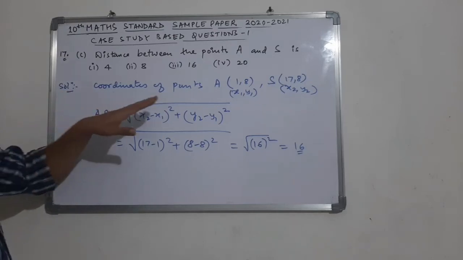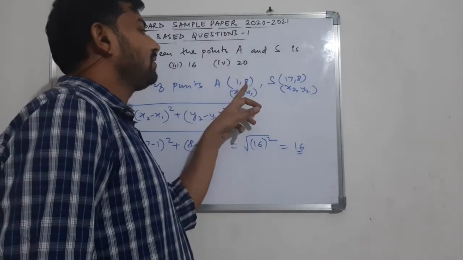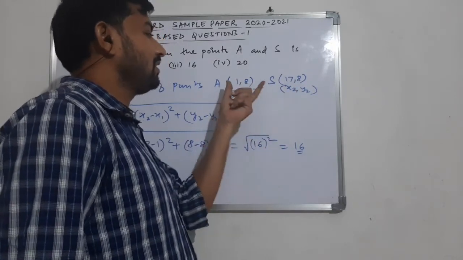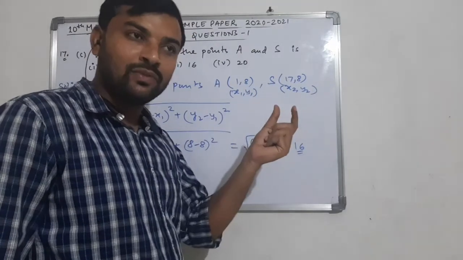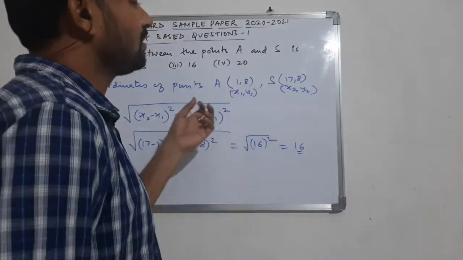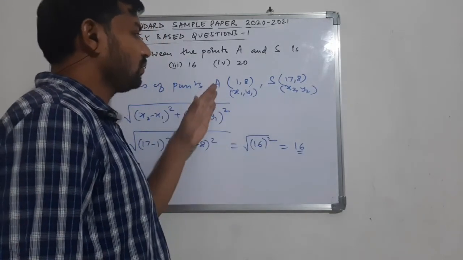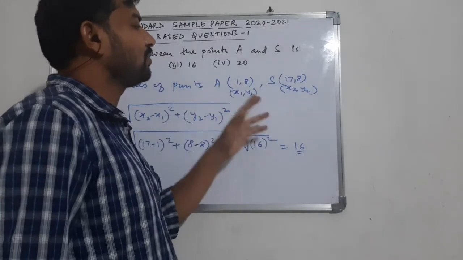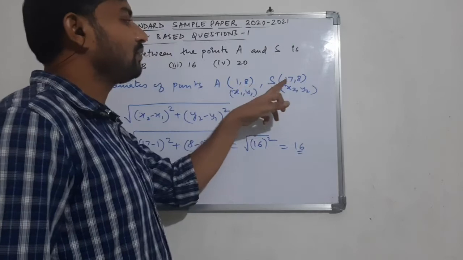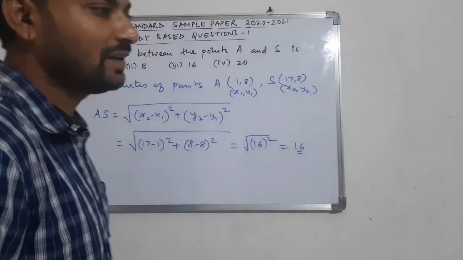Here when we look at the points, there is no need to apply distance formula, as these points are having the same distance from x-axis. Their y coordinate is 8, so their distance from the x axis is equal, meaning the difference is only in the x coordinate. So the distance between these two will directly be the difference of the x coordinates. So that's why 17 minus 1 is 16. So that can be done directly.